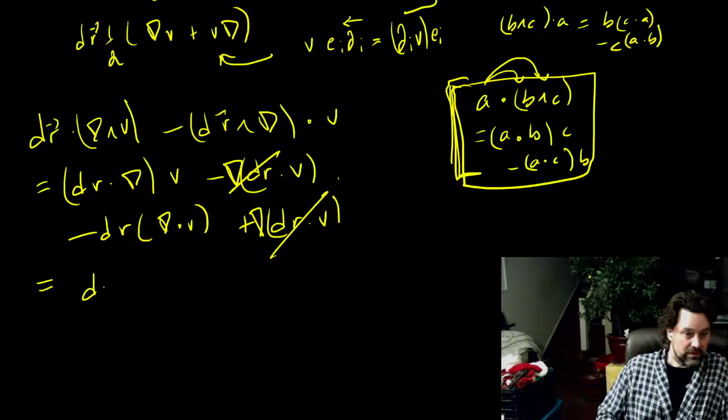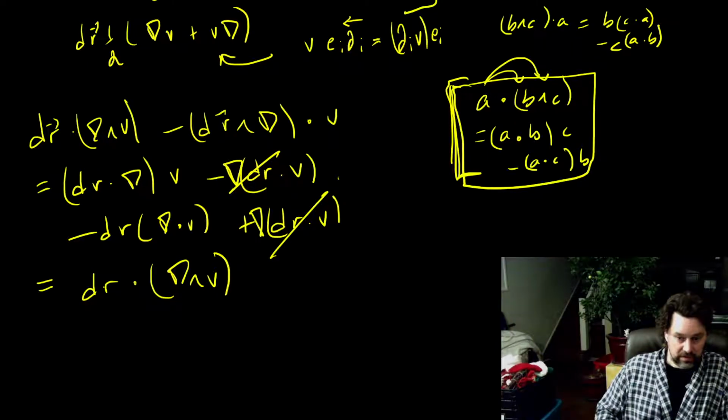So dr dot grad wedge v. So dr dot grad times v, dr times grad times v, which is our term here, minus dr dot,